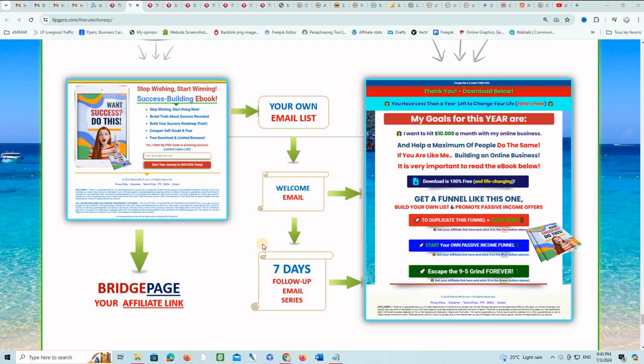So this is exactly how your success building funnel will look after you finish setting it up. You will be able to import everything that you see here instantly into your Leadsleap account. So there is a capture page to build your own email list. As you can see here, you will get the same copy as this one. And anyone who subscribes from this form here will be added to your email list that you create on Leadsleap